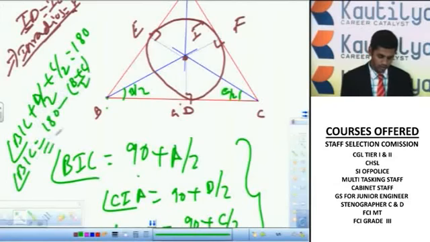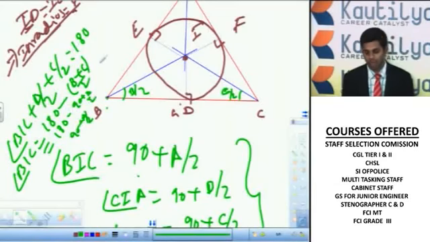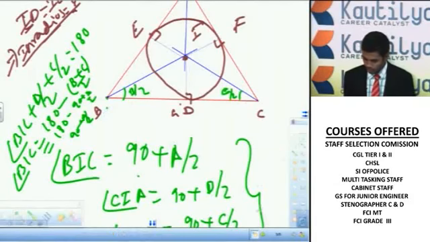So this is nothing but 180 minus (90 minus A by 2), sorry, 90 plus A by 2 it will become. So it will be nothing but 90 plus A by 2. So this is the derivation part for how we are getting the angle BIC. Similarly, it will be the same for angle CIA and angle AIB also, right? Coming to the next one,